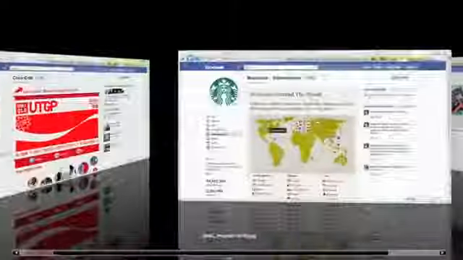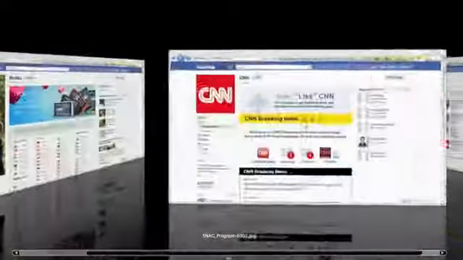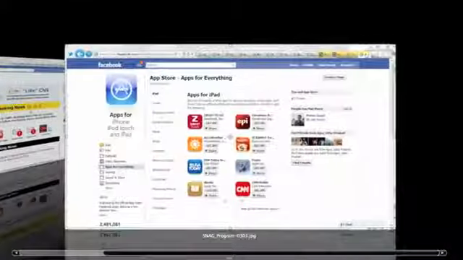Now, Facebook pages are one of the most used features of Facebook, and everyone from brands, celebrities, websites big or small, or even mom and pop stores, they all have their own Facebook pages now. Now, creating a regular Facebook page is really simple, and anyone with a Facebook account can do that in 5